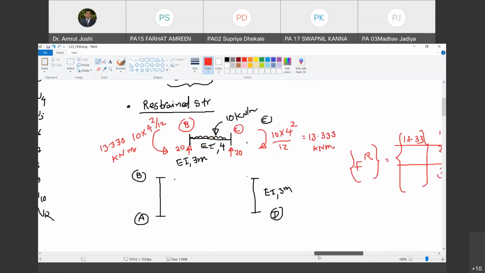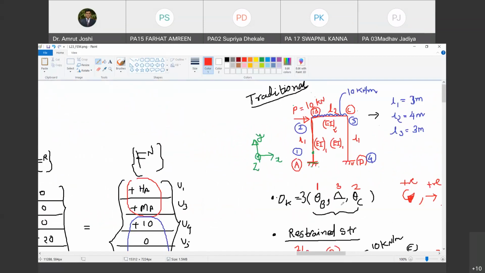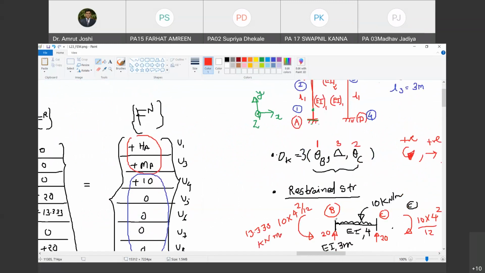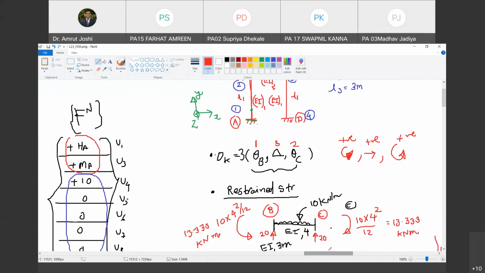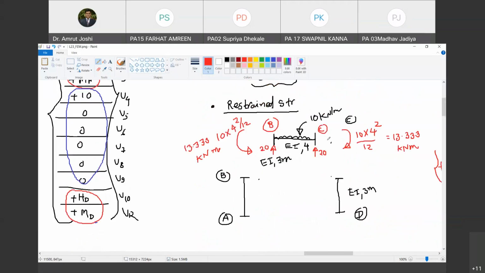Now, what is the second degree of freedom? Just have a look at the second degree of freedom. Theta c. So theta c is what? It is a rotational degree of freedom. Where does it occur? It occurs at C. What is the corresponding reaction, a force or a moment? Moment, sir, because rotation is associated with moment. So what should I be looking for? The moment reaction at C in the restrained structure. Mind you, this C occurs at two places.